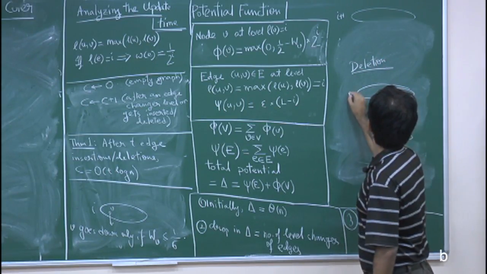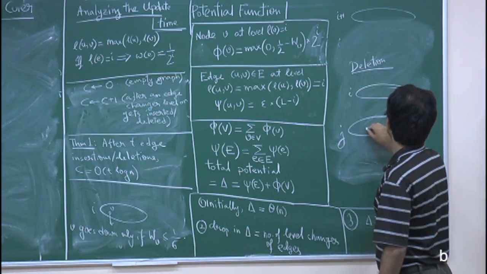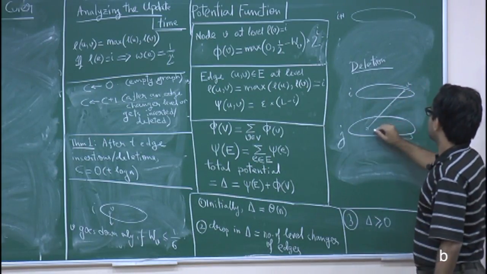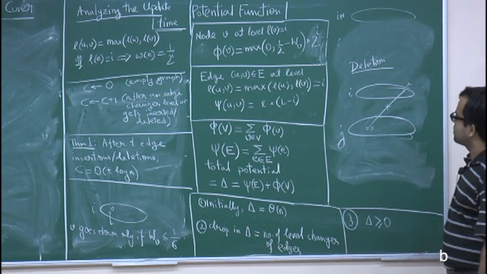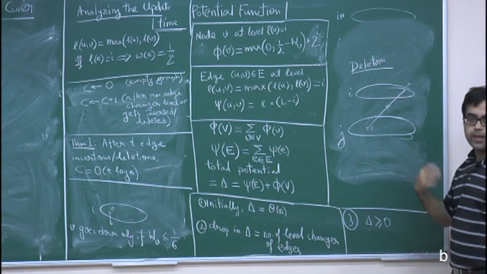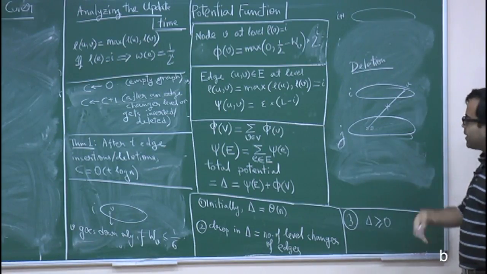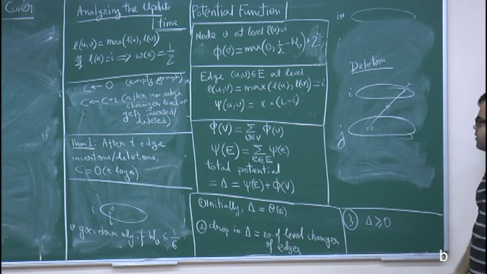So, this is say level I, this is level j, this was the edge and this edge got deleted. Just after this deletion, what will happen to the edge potentials? How will they drop? They will drop by at most epsilon log n,